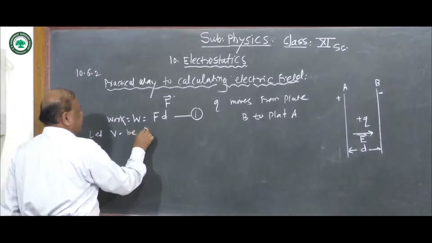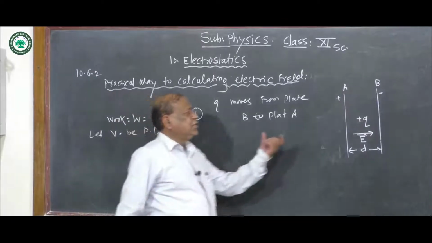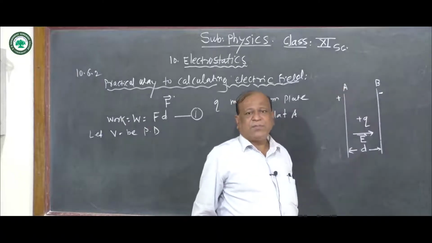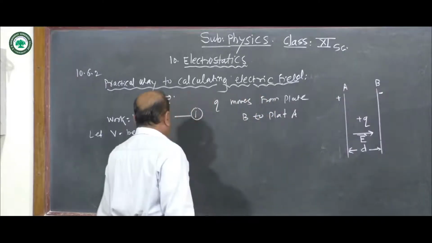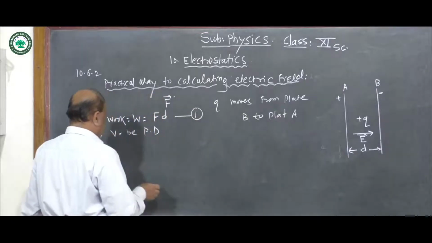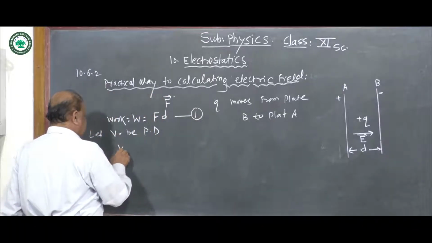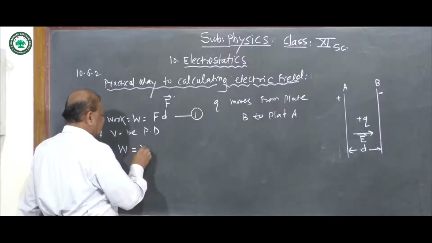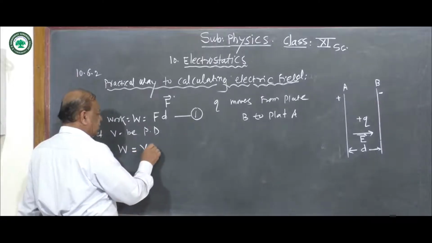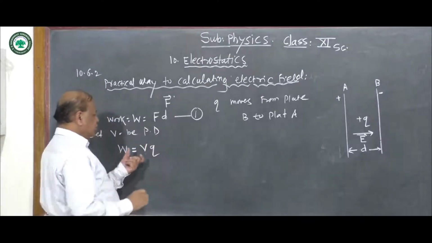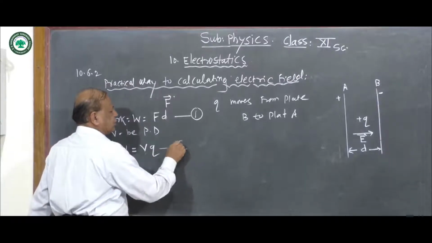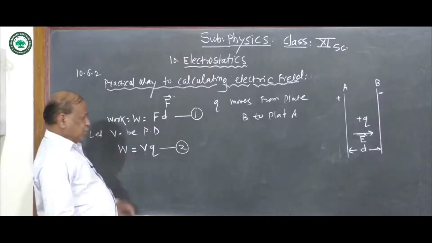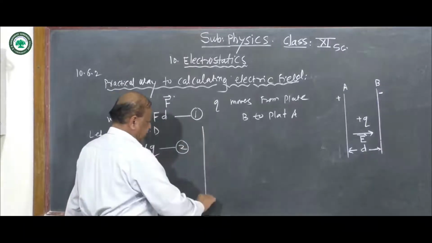Now suppose let V be the potential difference between these two plates, plate A and plate B. And then what is the electrical work here? That electrical work W is given by the potential difference phi into the magnitude of charge Q. This is equation 2. Now here equation 1 and 2 are the same, so equating equation 1 and equation 2,